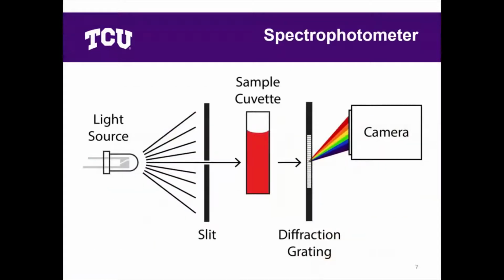Spectrophotometers work as follows. We've got your sample cuvette in the middle, and this is where you're going to have your iron thiocyanate complex. We've got a light source that's going to pass white light through a slit. The slit is going to move. When we first figure out your full spectrum to find your analytical wavelength, it's going to run the entire spectrum. Then we're going to go back and set it to measure at one specific wavelength. It's going to set that slit up to measure at our maximum, our analytical wavelength. That wavelength is going to come in and hit our sample,